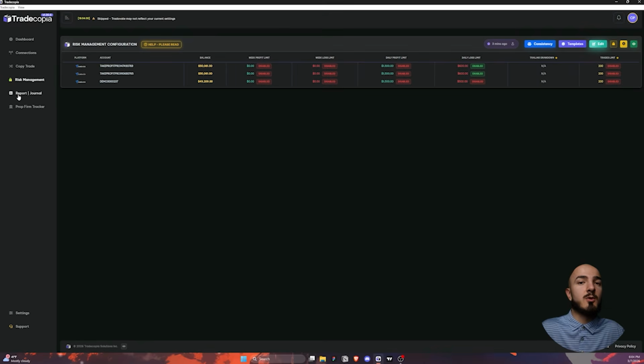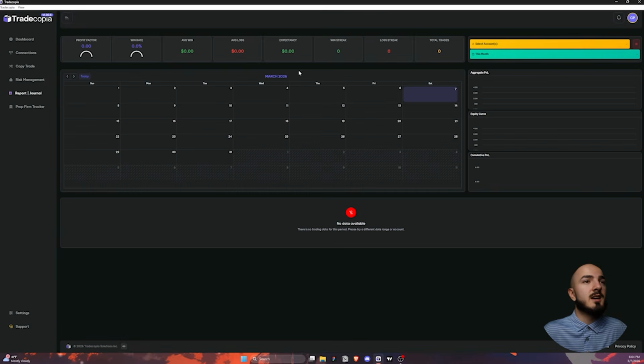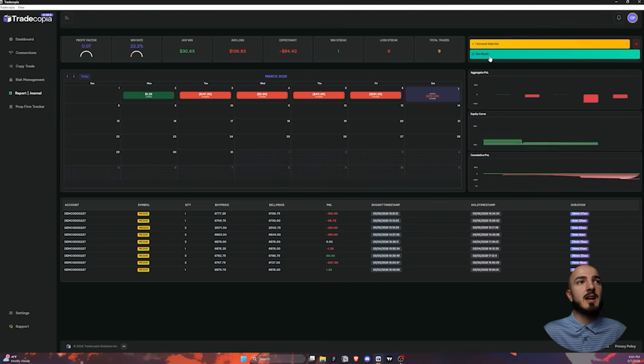Next, we're going to go over here to the reports journal section. You can see we have this journal showing your daily P&L and your amount of trades every single day in a calendar view. It's a super useful thing to look at. You can see what days you're green, what days you're red, what days you might have overtraded, etc. So if you go in the top right and select whatever account you want to look at,